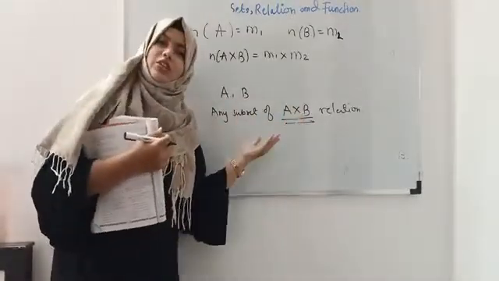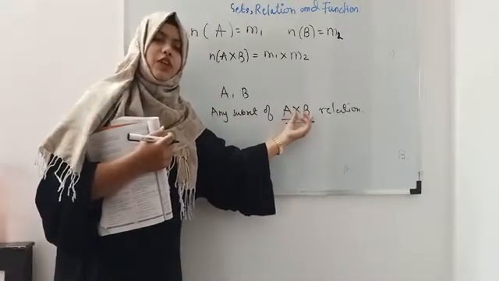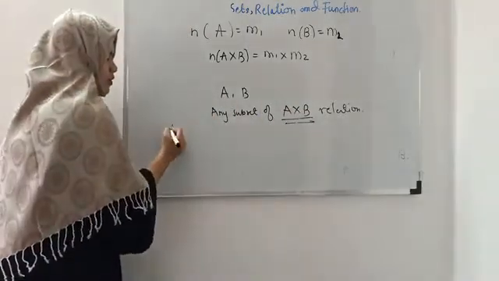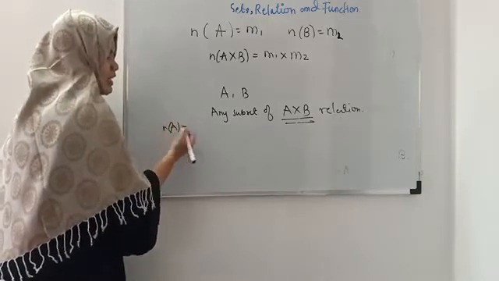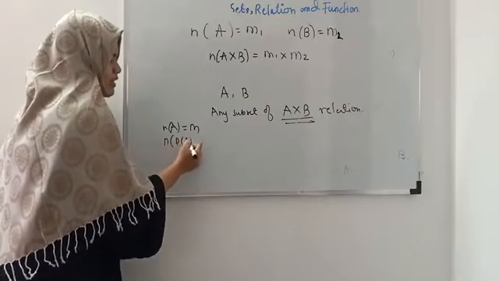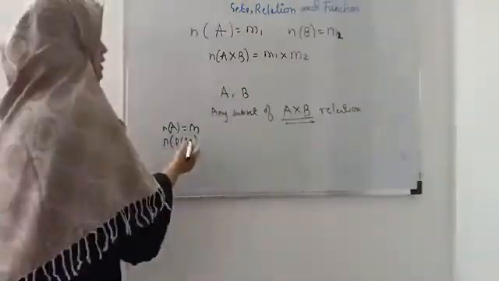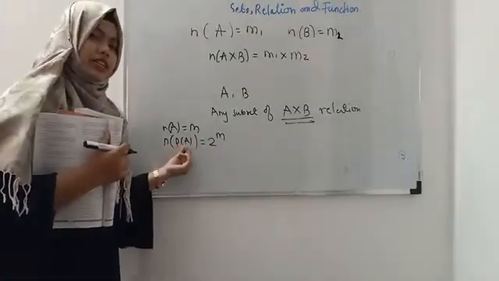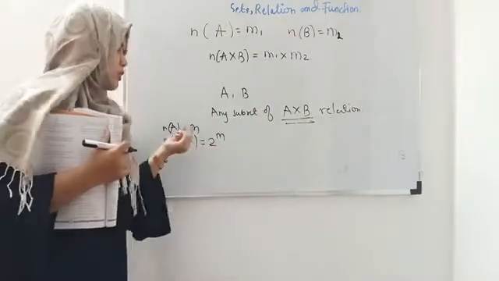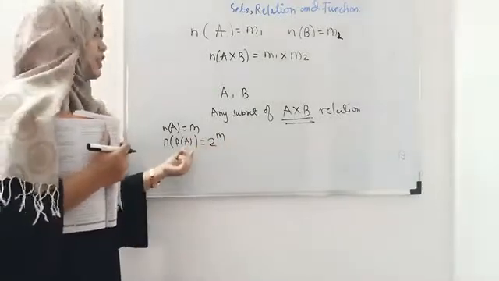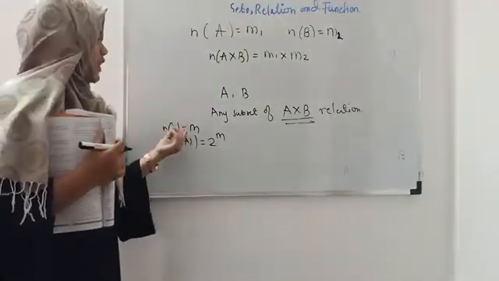तो जितने भी सबसेट होंगे A क्रॉस B के उतने ही रिलेशन होंगे, and we know that the subset of A cross B means what? हम लोग ने एक सेट में एक डेफिनेशन एक नोट देखा था। क्या होता है? If cardinality of any set is equal to n, then the cardinality of its power set, power set मतलब number of subsets, is equal to what? 2 raised to n होता है। जो भी तुम्हारे सेट की कार्डिनलिटी है उसका पावर 2 लेना है। It will give you the number of subsets of that set A.